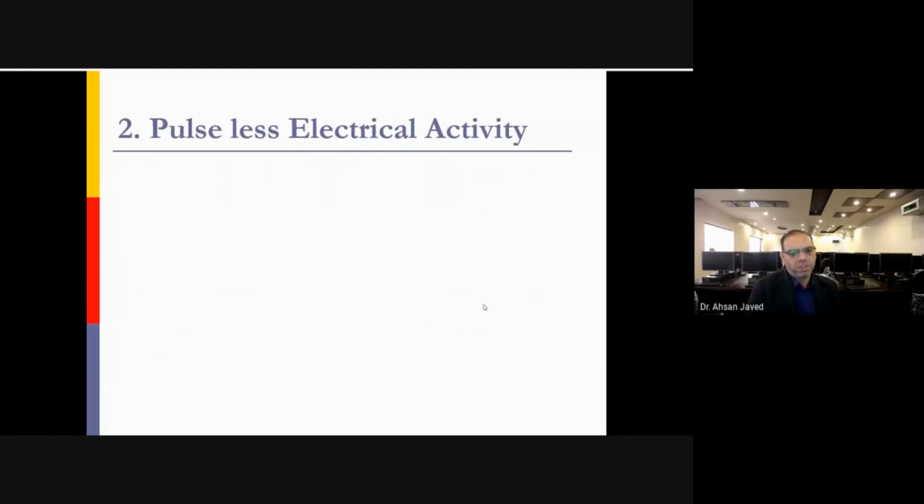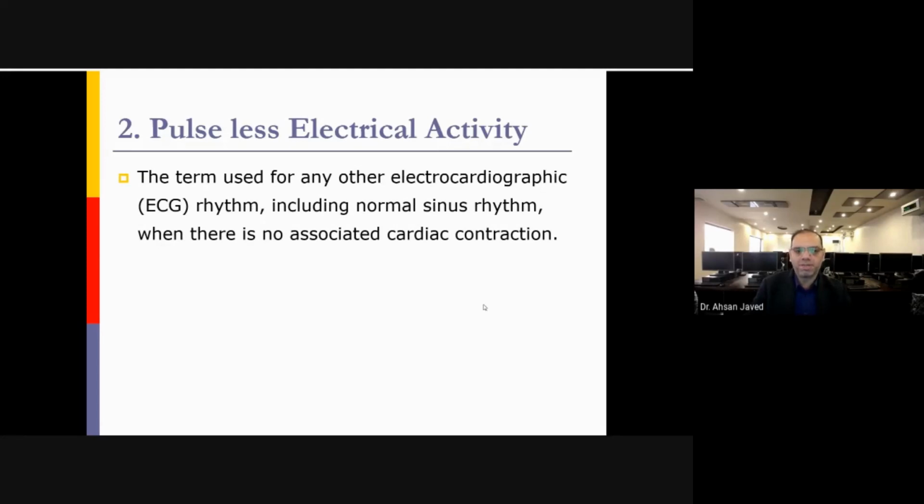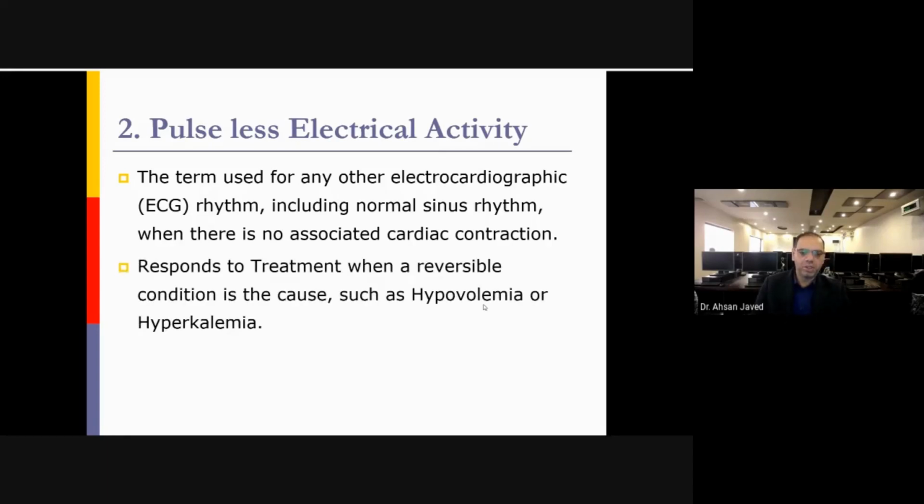The second type of sudden cardiac arrest is pulseless electrical activity. The term is used for other electrographic ECG rhythms, including normal sinus rhythm, when there is no associated cardiac contraction. It responds to treatment when there is a reversible cause such as hypovolemia or hypokalemia. So in pulseless electrical activity, the normal pacemaking activity of the heart is present, but due to an additional condition, which may be hypovolemia,